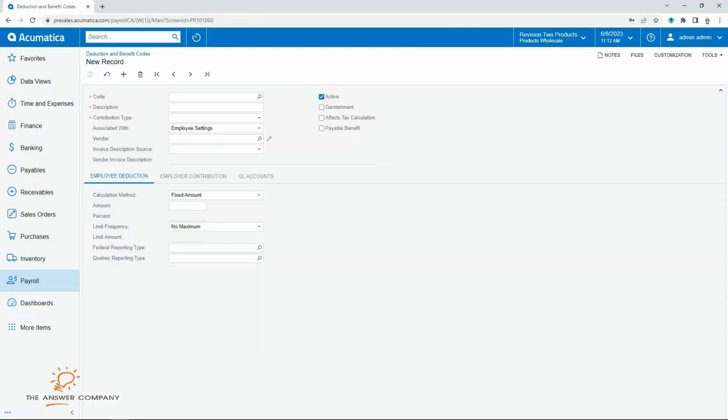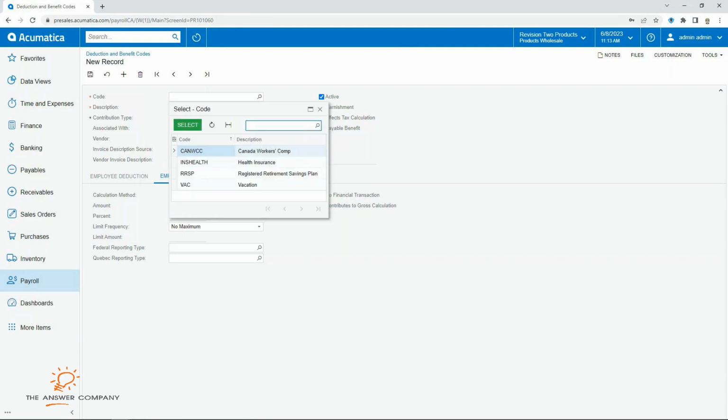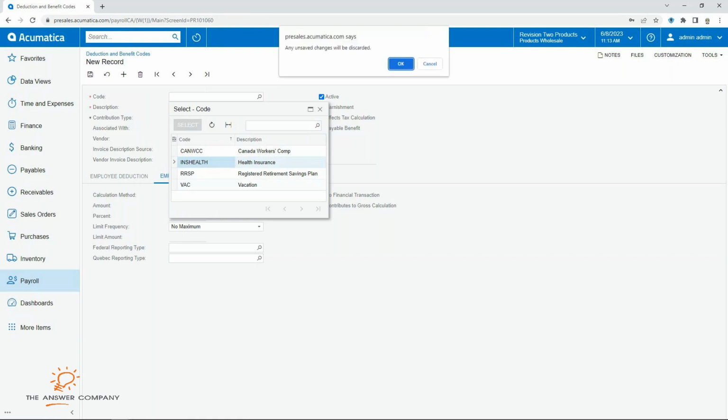Note here we have the employee deduction and an employer contribution. So we have both tabs depending on the contribution type. If you only have one, then you would only see the one. If you have both or the other, then you see the other. Or if you have both, that's when you see both tabs. And with each of them, fixed percent, gross, net, amount per hour, and all the other parameters that are necessary down below. And if I pull up my health insurance,